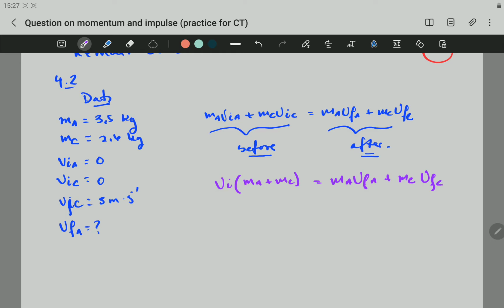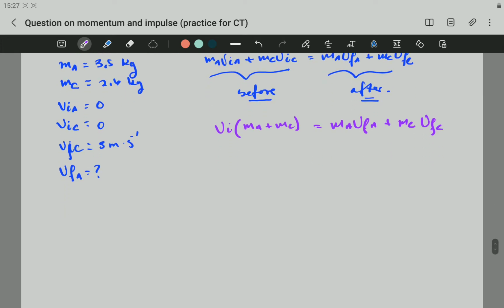I'm using C for cat. Okay, so either side is the same. At the end is not a difference, and then all we have to do is just substitute the numbers of the data we have. The initial velocity is 0, the mass of the skateboard is 3,5 plus 2,6, which is the mass of the cat,